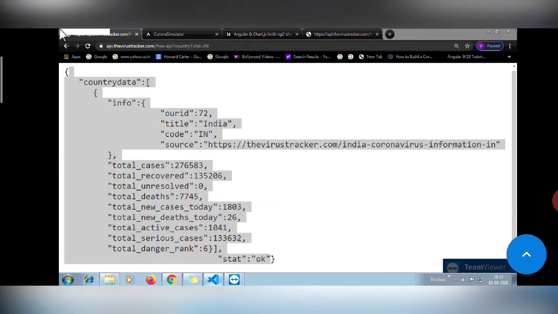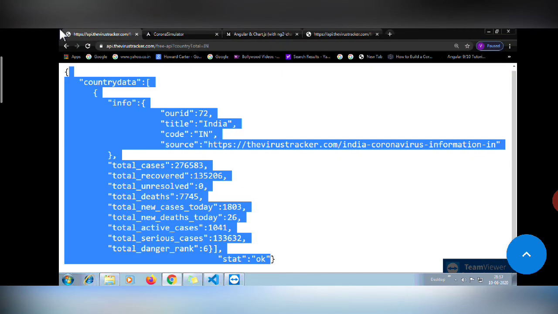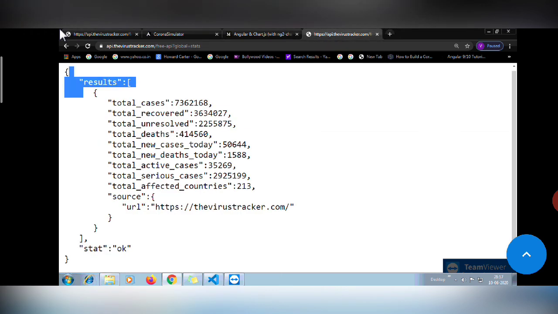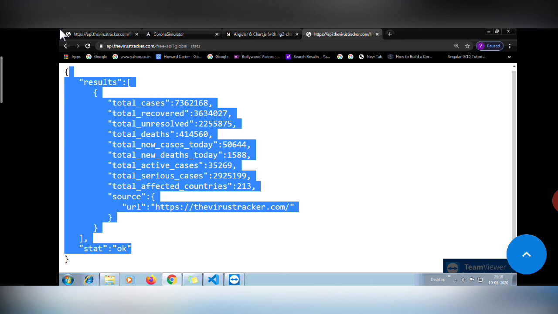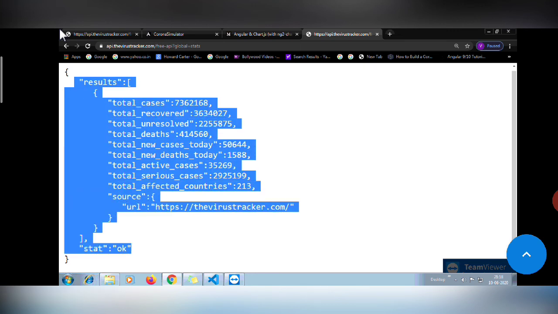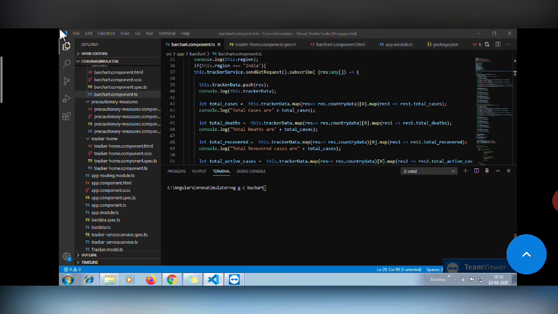So I have used here result.res, that is the variable name, .countryData, and 0 here means, if you observe this JSON, for India and for the world JSON also, we have only one object in the complete JSON. So we are storing this in an array, so it will go only to the 0th position as we have only one entry. This is the complete one entry, and here also between these curly braces. So this will go into the 0th index as we have only one entry in the array.